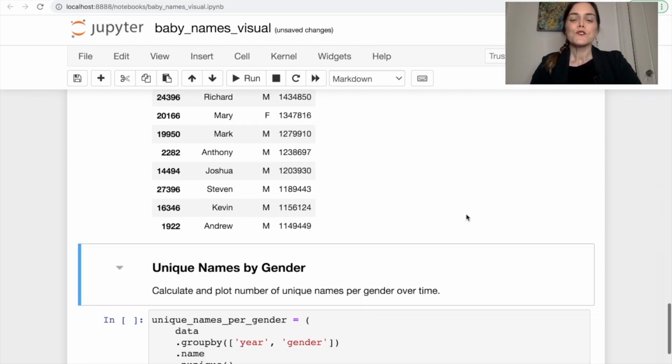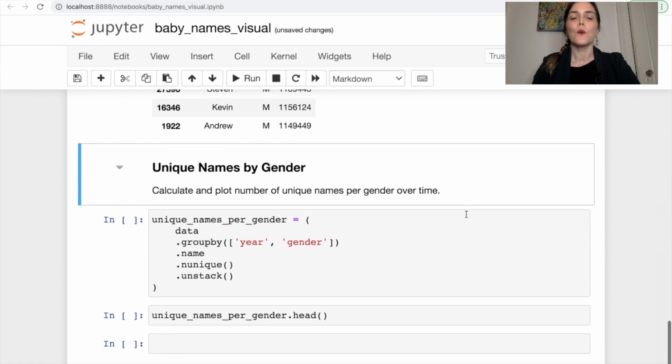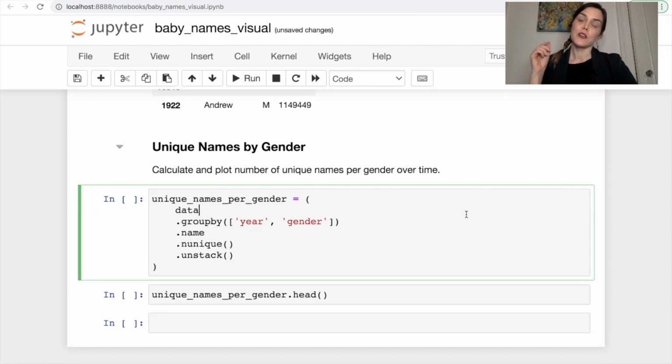All right, so how are we going to do this? Well, to further explore this point and test out this hypothesis, I'm actually going to plot out the unique names by gender by year. So this is how many names are included in these data sets,